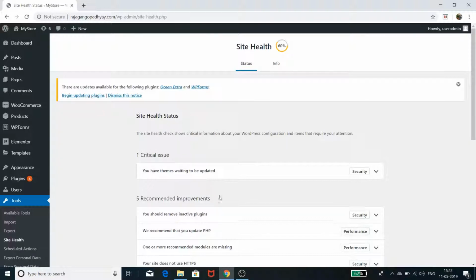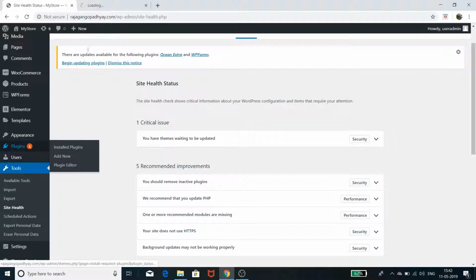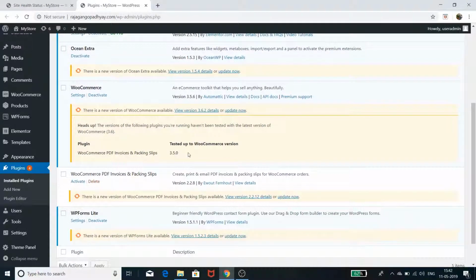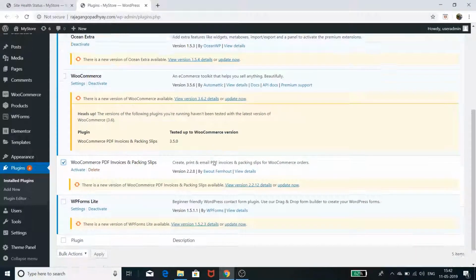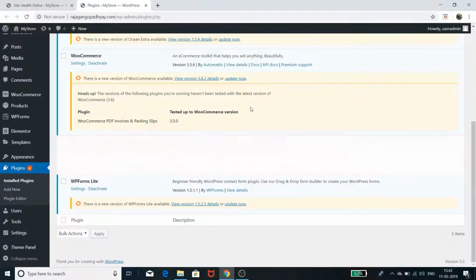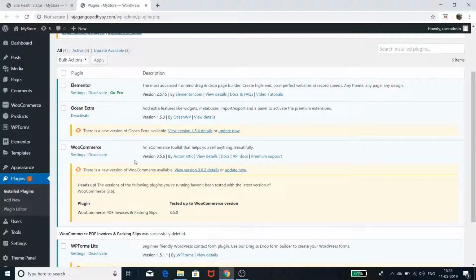It is telling me to remove, let's do some of these things. I cannot do all of them right now, but let's remove some inactive plugins right now. So let me go to this plugin dashboard here. Let's see what we are not using. So this is something that I'm not using, so let's delete it. Let's get rid of it. Okay, so we have got rid of it, and